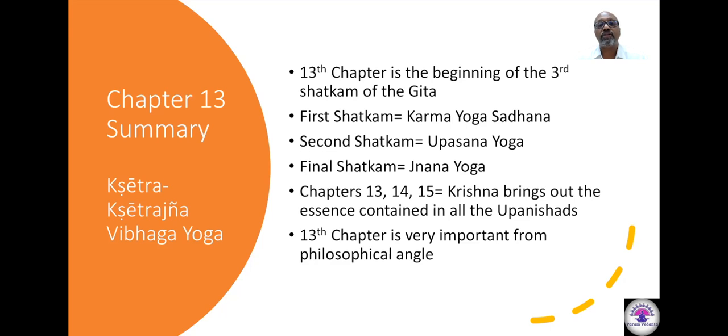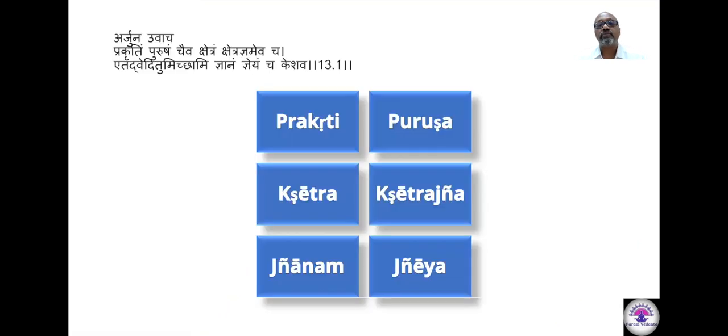Particularly, chapter 13, 14, and 15, here Krishna brings out the essence contained in all the Upanishads. That's why it is said, Sarvopanishado Gavo Dokta Gopala Nandana. That too, in 13th chapter, is very important from a philosophical angle. The chapter 13 starts with Arjuna's question to Krishna of his wish to know about details of the technical terminologies, 6 particular terminologies which are used in Vedanta. They are Prakrti, Puruṣa,